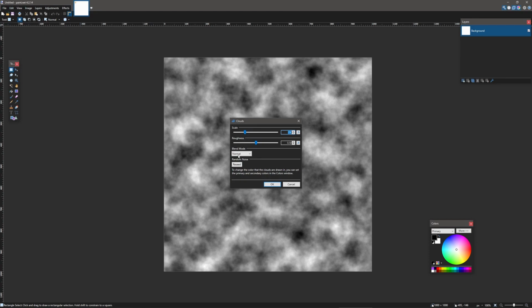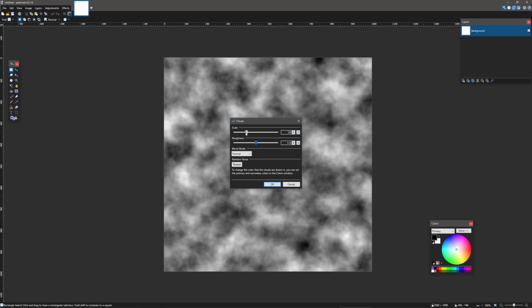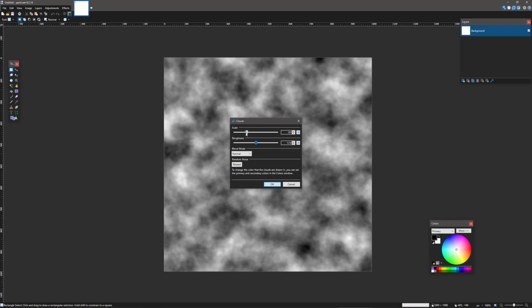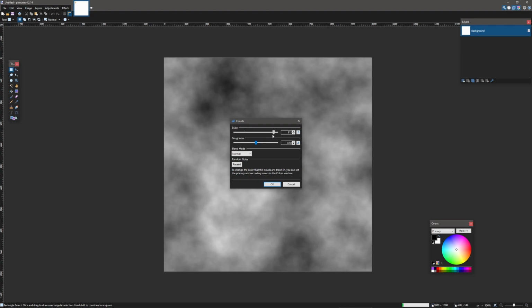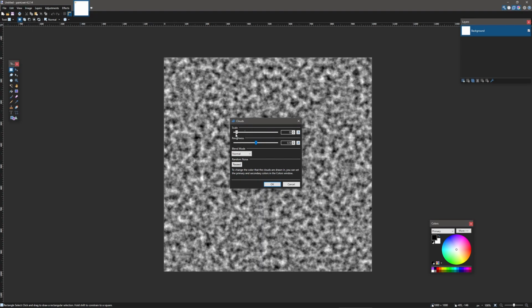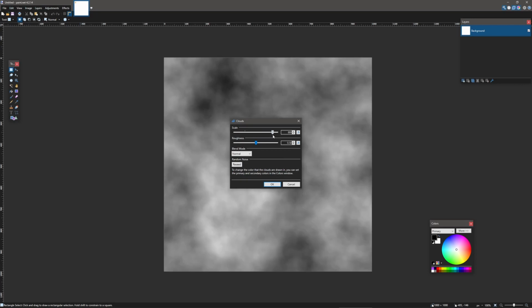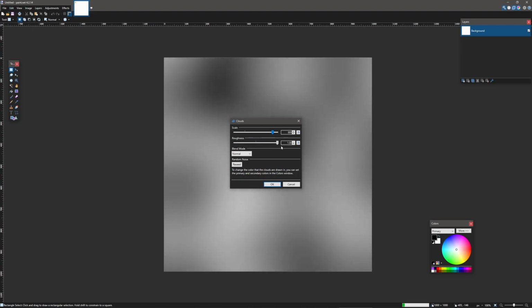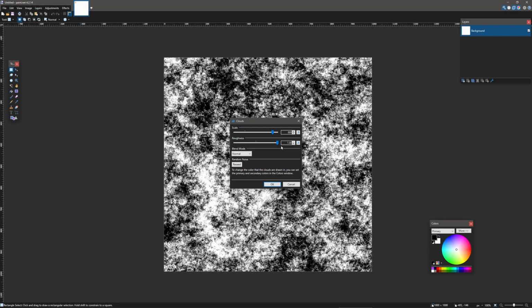So you have two options here, and well, actually you have four options if you're including the blend mode and random noise. Scale and roughness are going to be your main two options, and this will change the overall size of your noise and what's going to be showing. If you have it really low, it's going to be very distinct, there's going to be a lot of noise, or if you have it very high, it's going to be zoomed in pretty much, and you won't see that much noise. Your roughness will determine how distinct your noise is, so it could be very blurry or could be very distinct and specific as to where the noise is on your image.